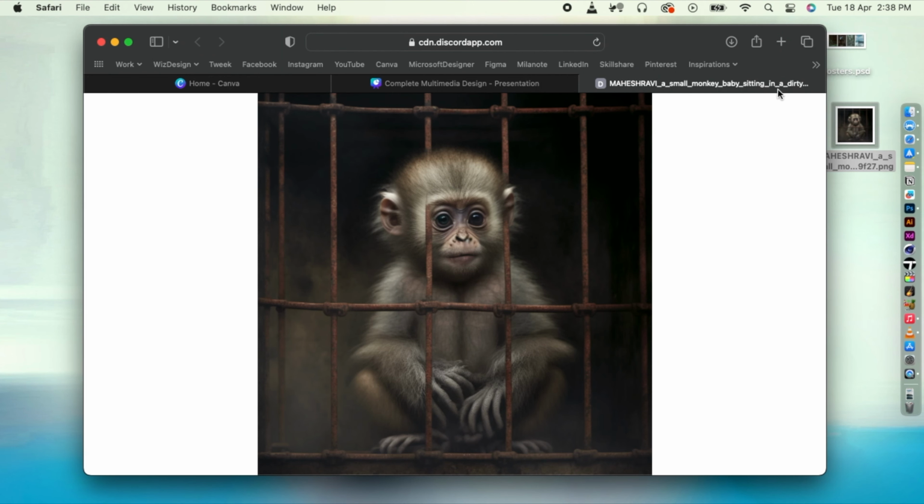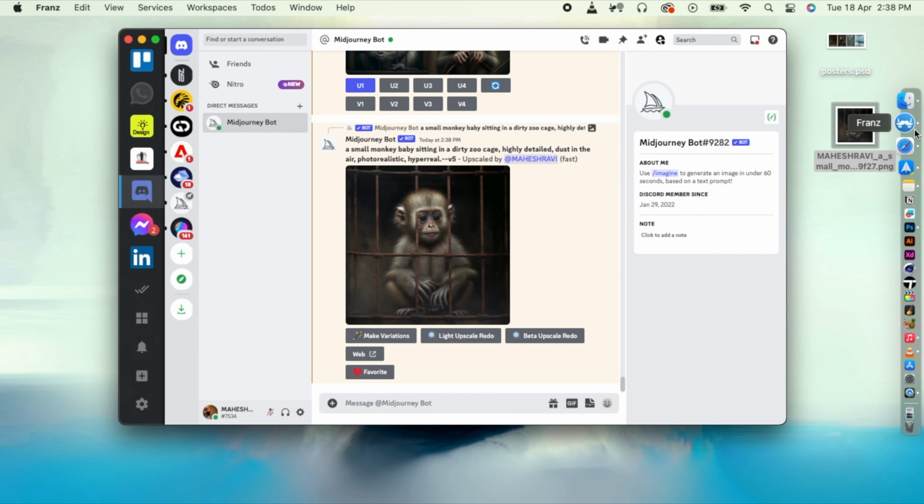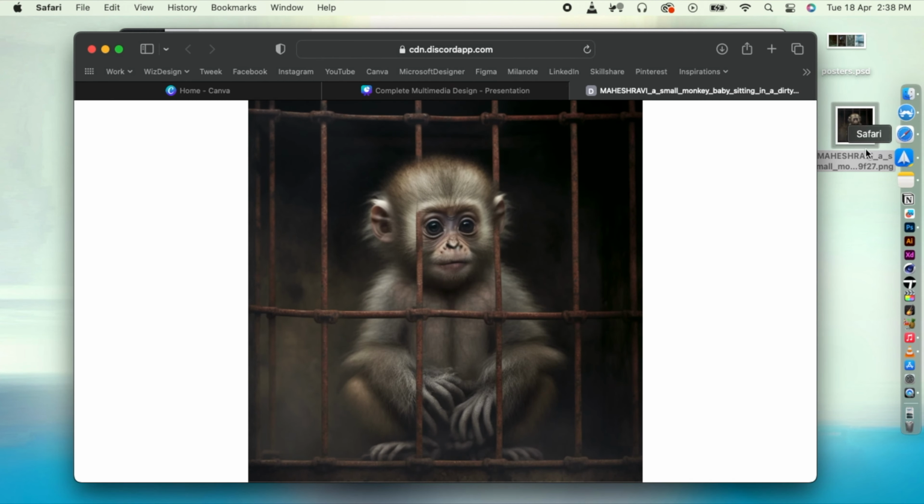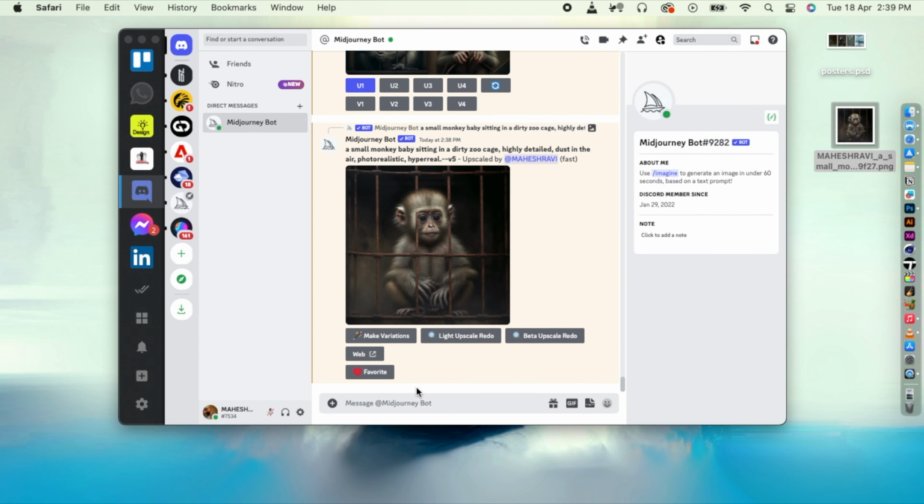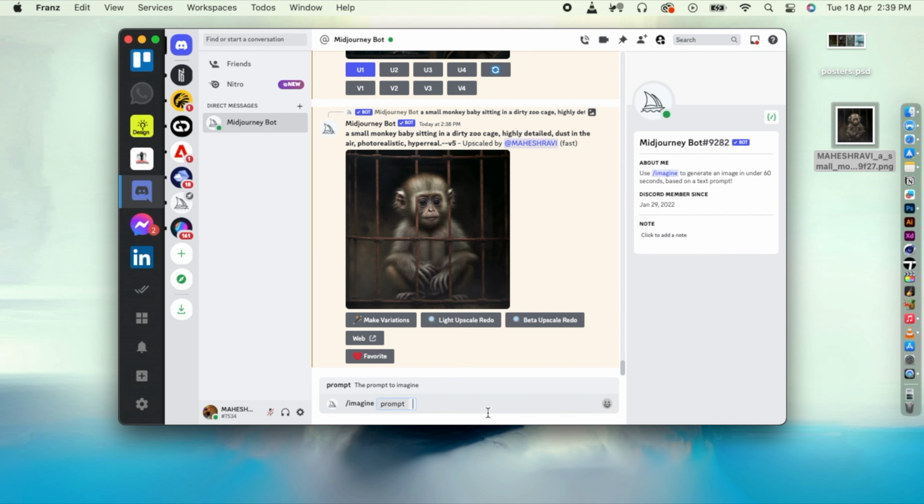So let's save that. The second poster, as we discussed earlier, is going to be the rising action. This is where we have to show that the tension has started. The zombie apocalypse already started and the tension is rising. So we'll write the prompt for that. Let's go here, start imagining. For this particular poster, I want to show a door with a couple of zombies standing outside the door. So I'm going to write,